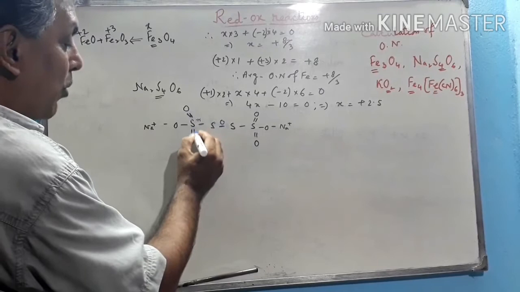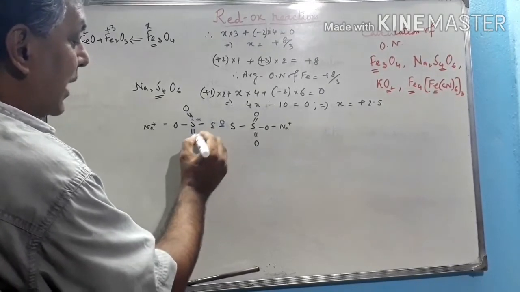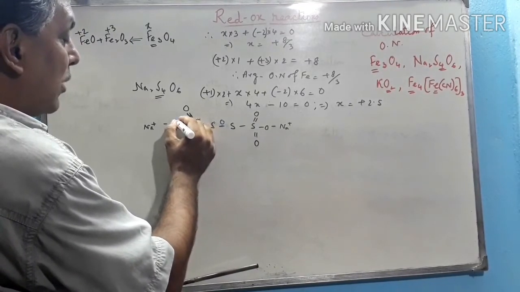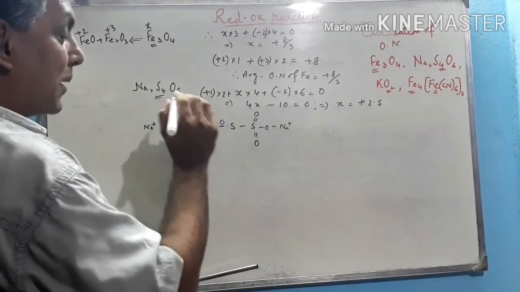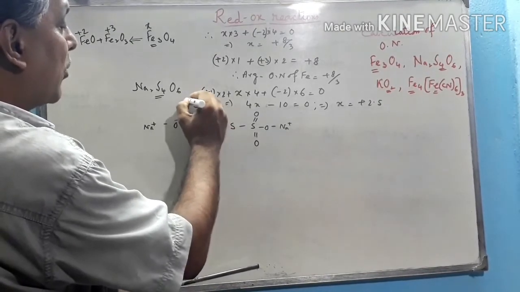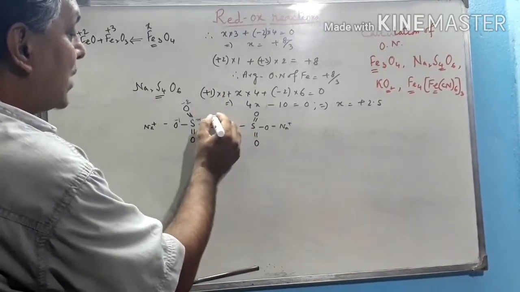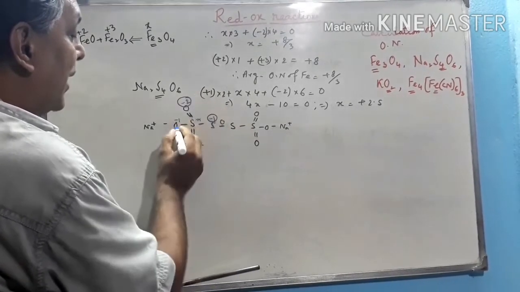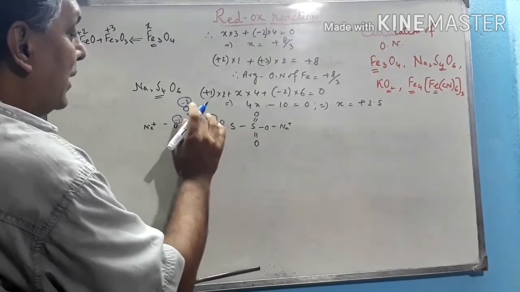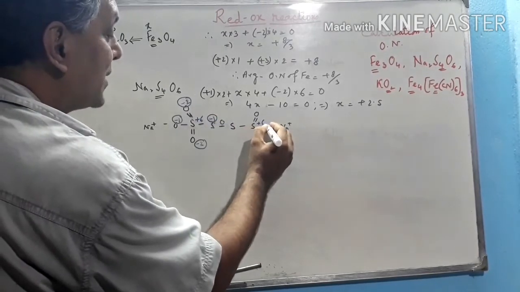Here two bonds are formed, one sigma and other pi, therefore -2 charge for oxygen. Here only one bond with oxygen, so therefore oxygen occupies only -1 charge with respect to this sulfur. Here one bond with oxygen, two bonds with oxygen, therefore -2. So in its surrounding total, the charge becomes -6. See this, total becomes -6, and that's why this sulfur becomes +6. Here also this sulfur becomes +6.